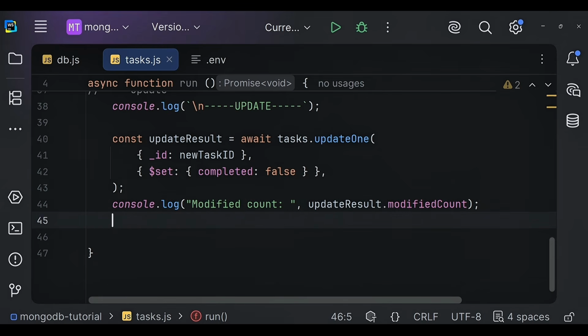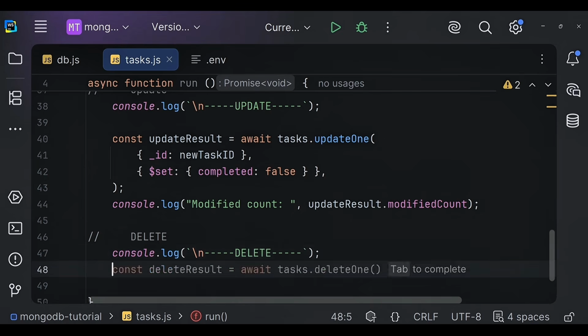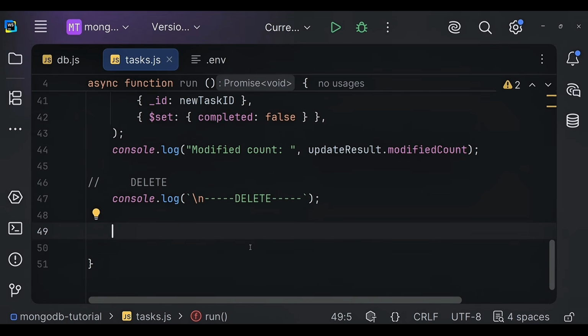Finally, we're going to be looking at one of the simplest ones. So it's actually delete. And inside it, let me console.log. Instead of read, I'm going to console.log delete. And let's delete